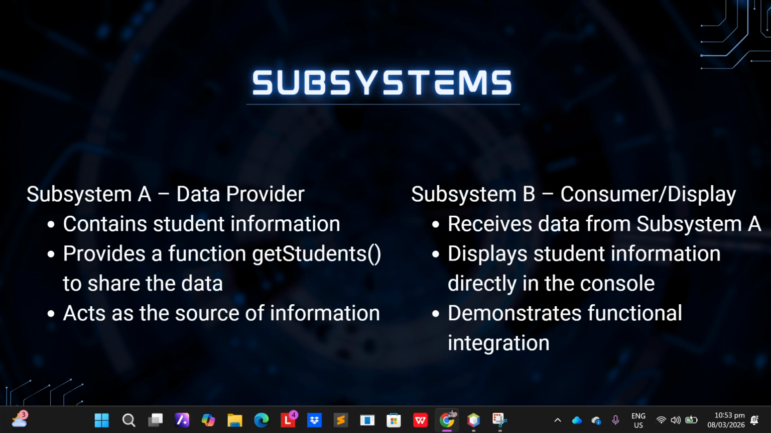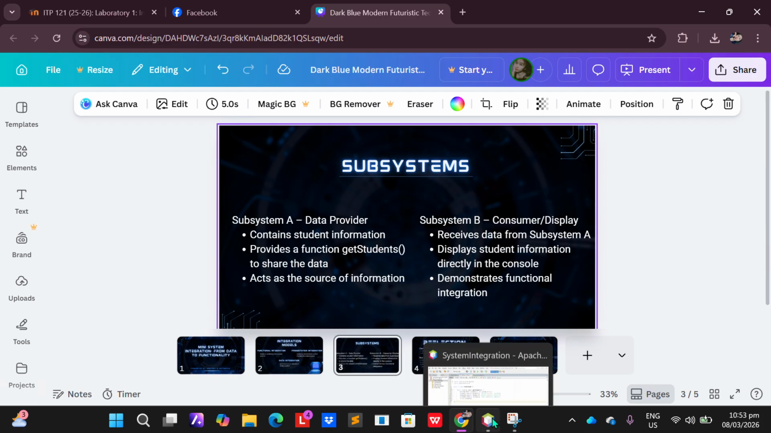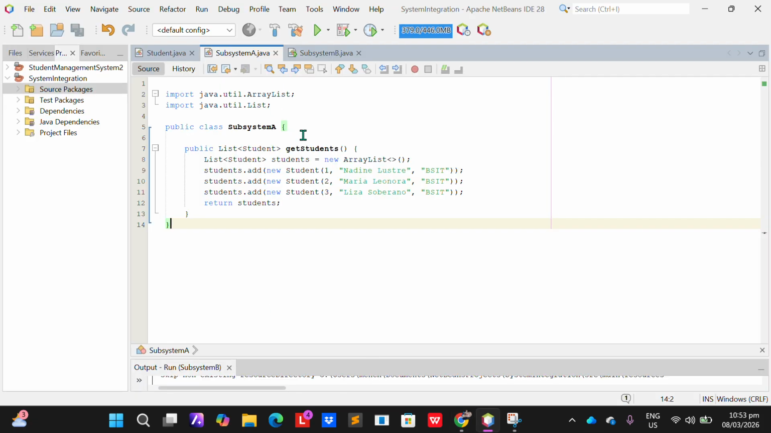Next, pakita na ko sa inyo ang code. Karon, so as we can see here sa project na akto, duha ka files nga nag-name og subsystem A and subsystem B. These two subsystems are the ones involved in the integration. First, tanaw na to sa subsystem A. Mao ni siya ang sulod sa subsystem A. Diri naka-store ang student information